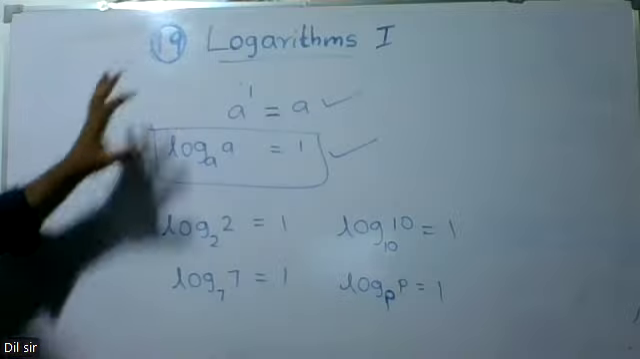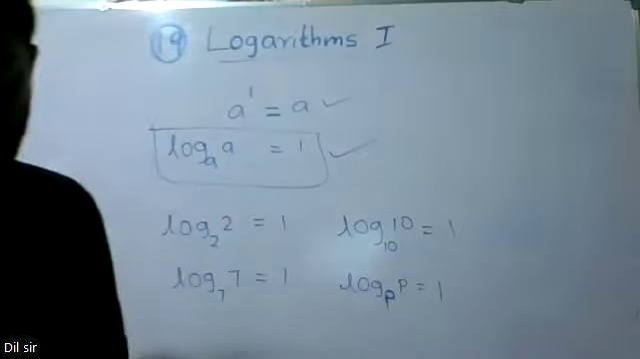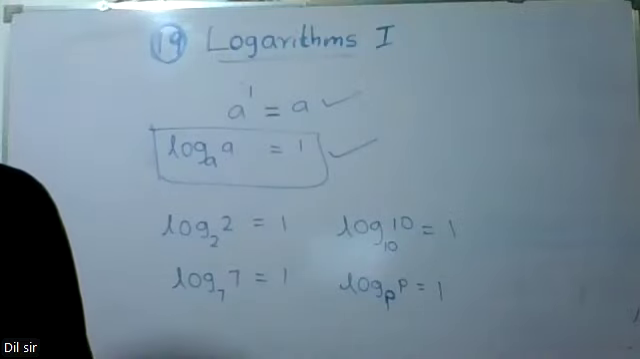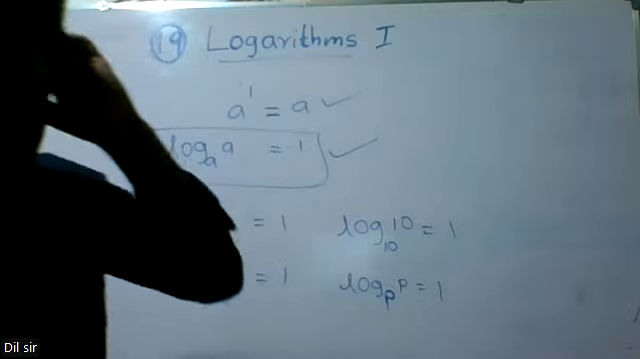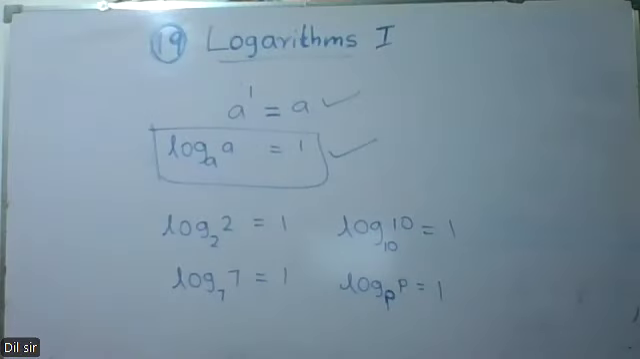Right. So now, after two lines, write this. Put a star mark and write down this. For any base, comma, the logarithm of the base, the logarithm of the base value